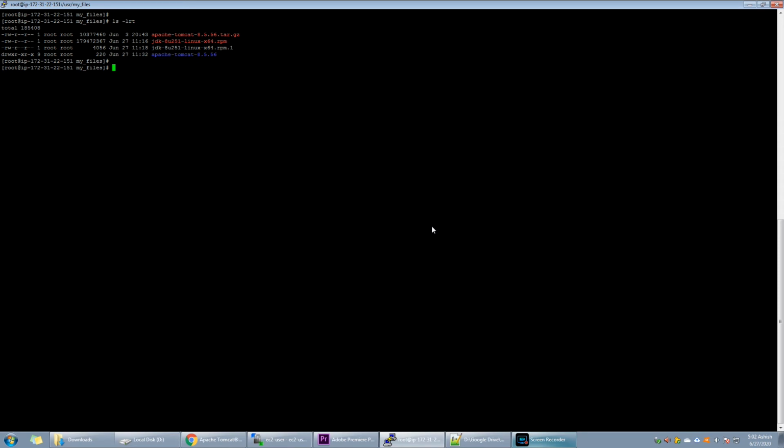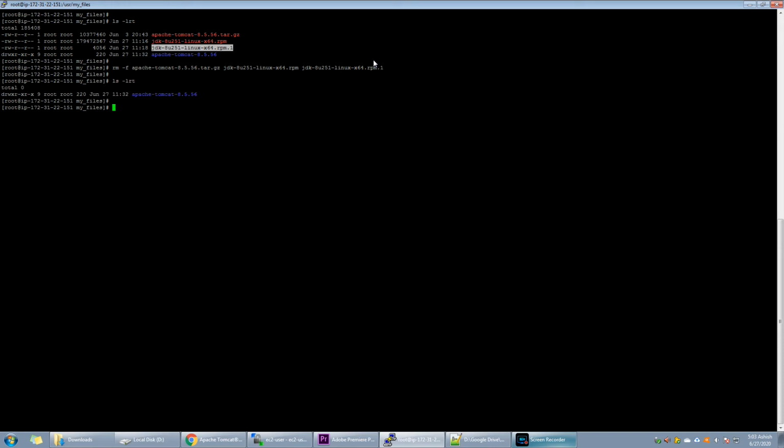Now we can remove the RPM file and the tar file because they are no longer needed. Now since Tomcat has been installed, we can go inside the Tomcat bin folder and start the Tomcat server.